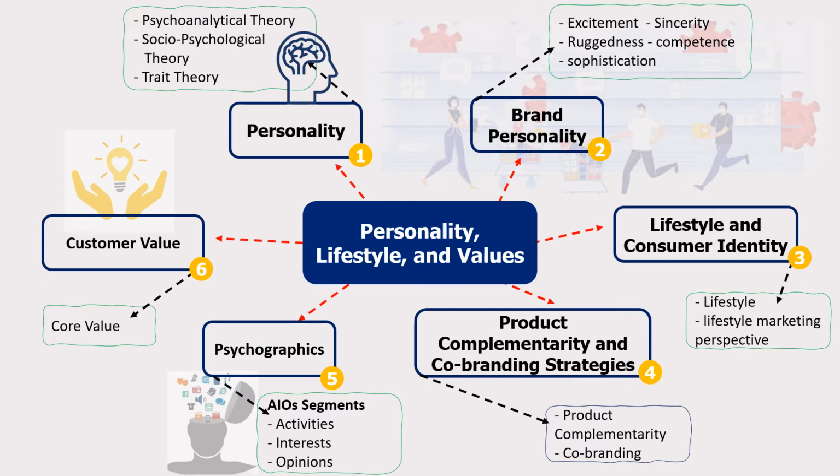Now we will go through socio-psychological theory. The other name for this theory is neo-Freudian theory. It contradicts with the previous theory. This theory says human behavior is influenced from social relationship. This theory is developed by the colleagues and students of Sigmund Freud, the father of psychology. The most popular scholars of this theory are Alfred Adler, Harry Stack, and Karen Horney.